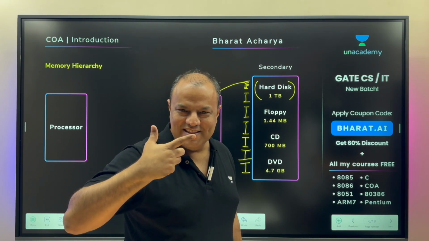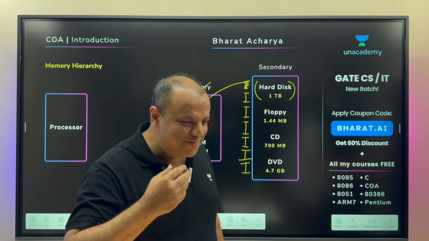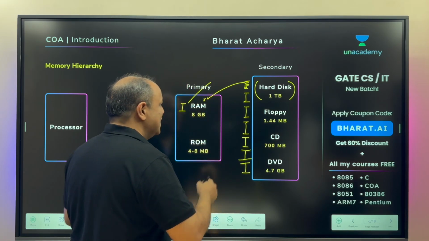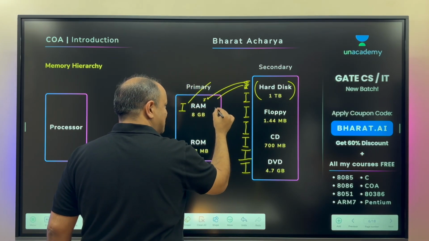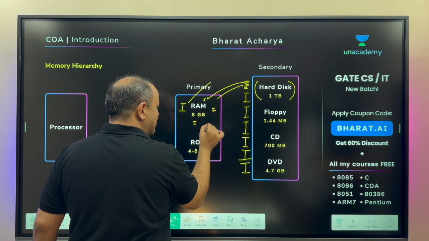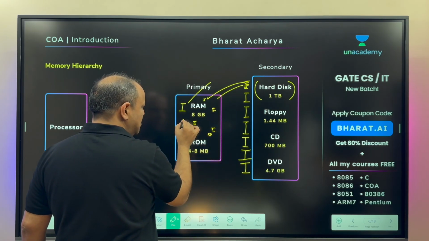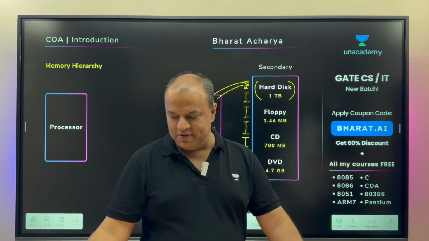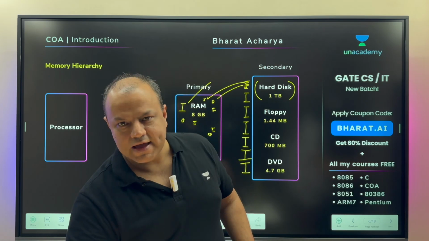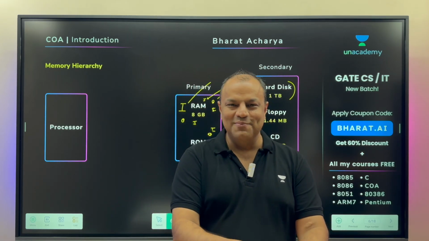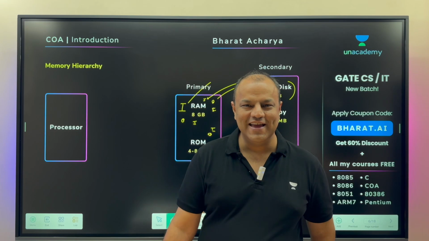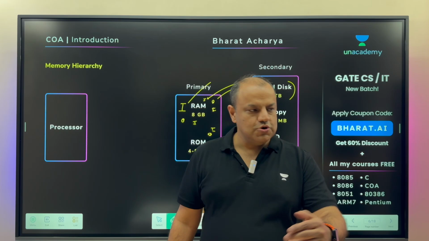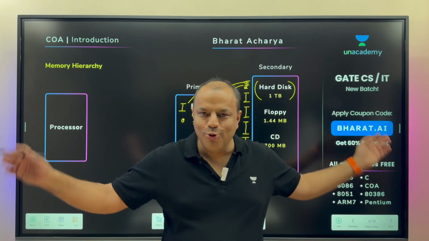Are you clear? And this is the technology of paging, which you learn in full detail with numericals, with theory, with replacement algorithms and all. So one by one, pages are brought in and stored in any pocket that is available. Maybe there is some free memory here, maybe there is some free memory here, maybe there is some free memory here. Wherever there are empty pockets available, wherever there is space on your desk, like I had space here, I kept this book here. Similarly, pages are brought in and kept on your working area as and when required on demand.